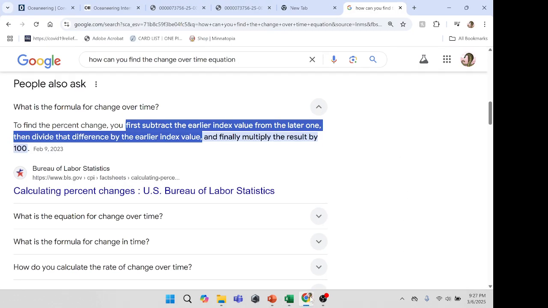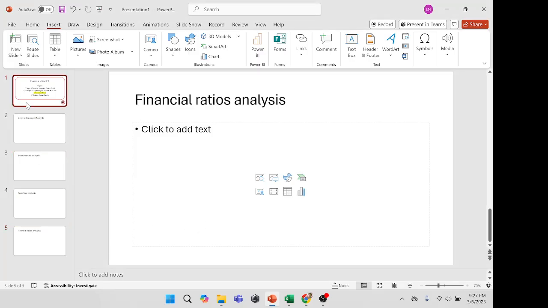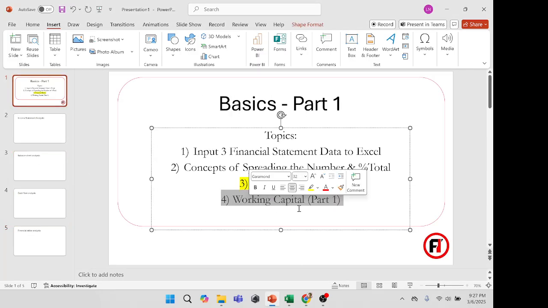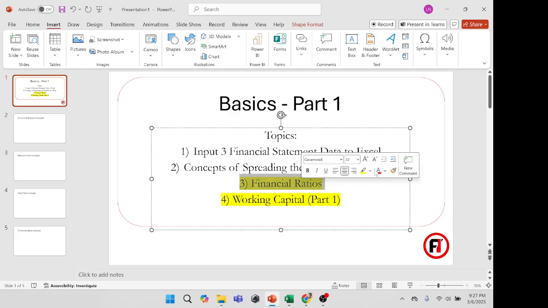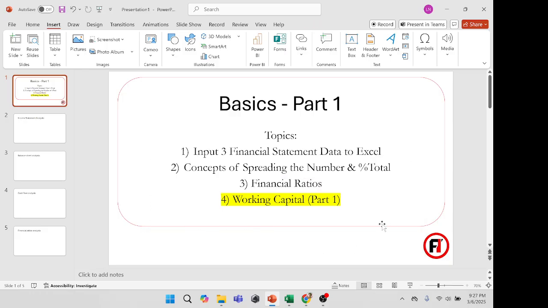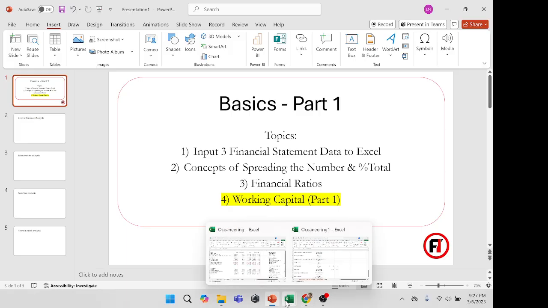The last thing is working capital. I just touched on it very briefly. I will create a different video where I go in depth and explain working capital. But for now, just keep it very simple. It just means the money that you need for your operations, and operations is usually on a monthly basis. So how do you find that? The basic way is